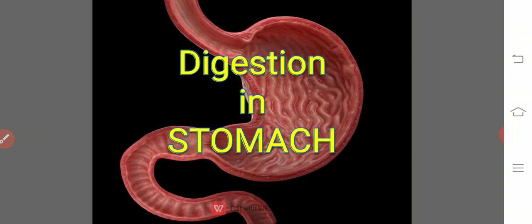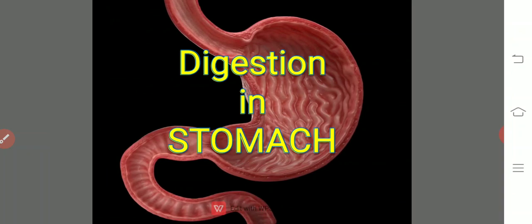The initial digestion of fats takes place in the stomach itself, and there are two things that facilitate the digestion of lipids in the stomach. Number one, the hot environment of the stomach, and the movements happening in the integument of the stomach, known as churning movements. Both the hot environment and the churning movements mix the food thoroughly, and thereby very smooth food is formed.